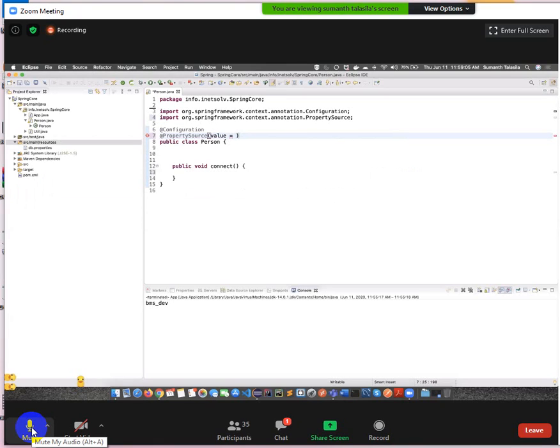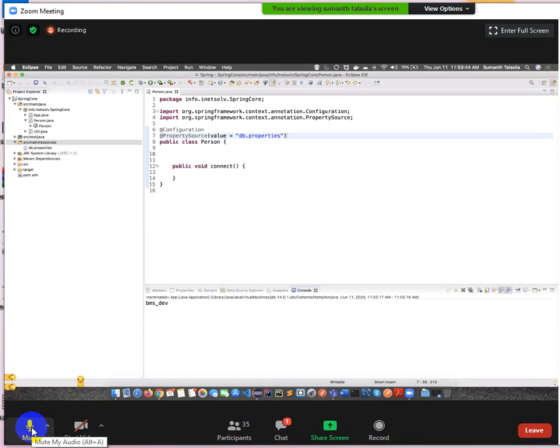Value is equal to double quotes. It can be an array also, right? Multiple property files also you can have. Double quotes, class path colon, and directly we can specify the properties file, or we can write class path colon db.properties also. Any approach is fine. If it is available in a separate package also, we can place it in a separate package. Are we clear? Yes. Okay, we have placed that in the property file on the top.